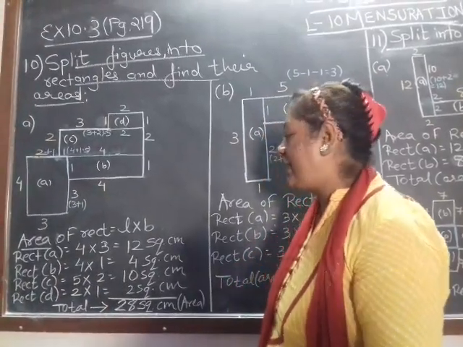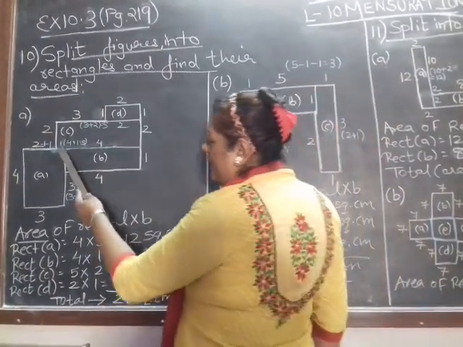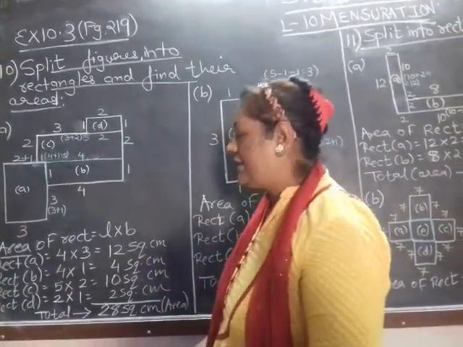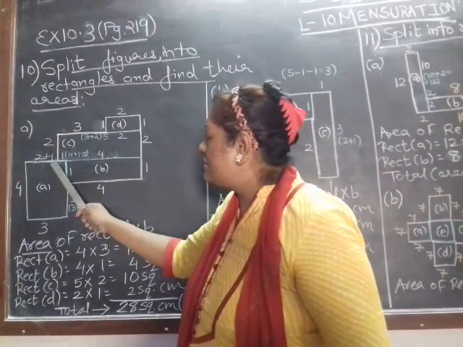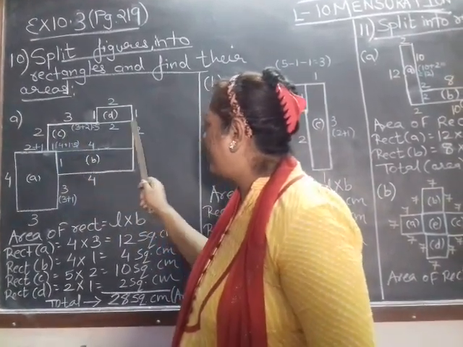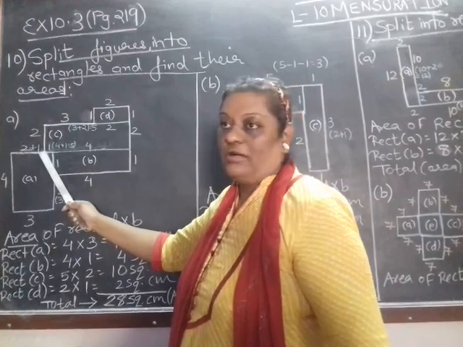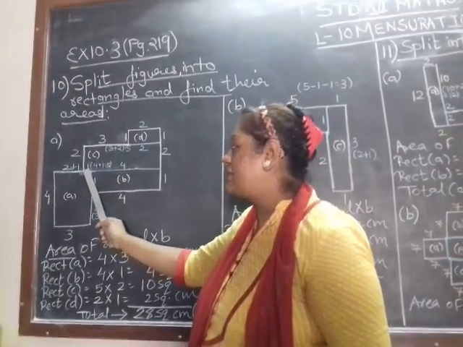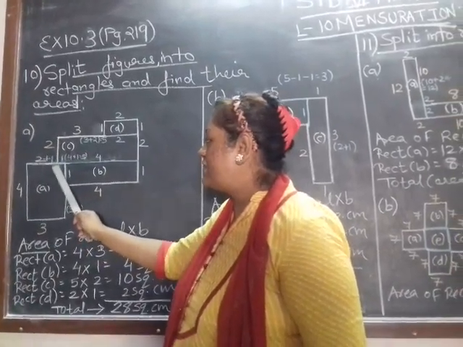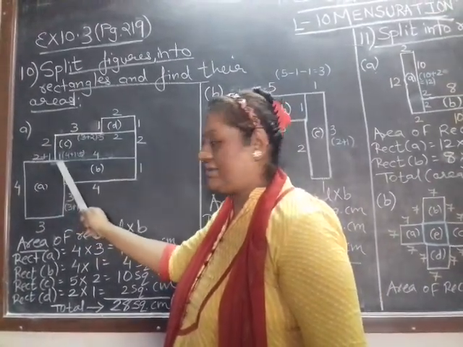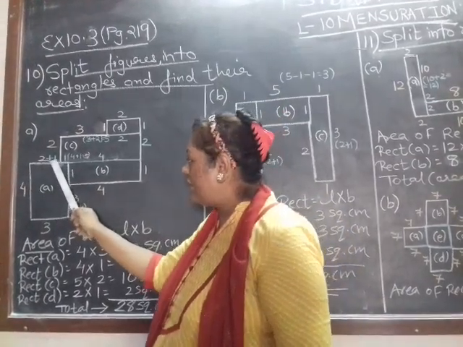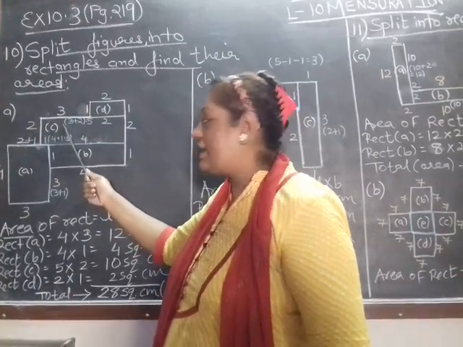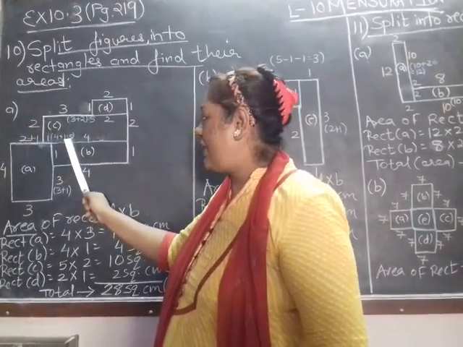Now coming on to rectangle C. Now as we extended here 1 centimeter, right? Now what will be the length? It cannot be 4 centimeter. Why? Because the length of this C rectangle, you can check, has been extended to 4 plus 1. How many? 5 centimeters. We cannot forget this 1 centimeter that we added in the breadth of rectangle A. So this one will be the length for rectangle C. So 4 plus 1 makes 5.